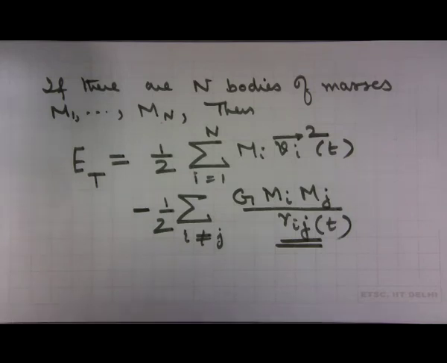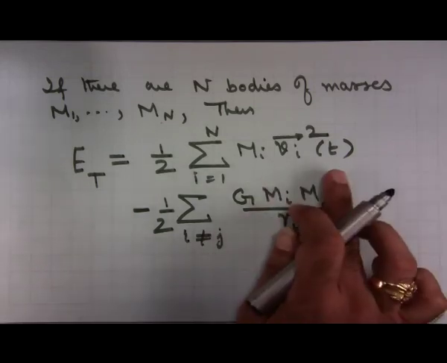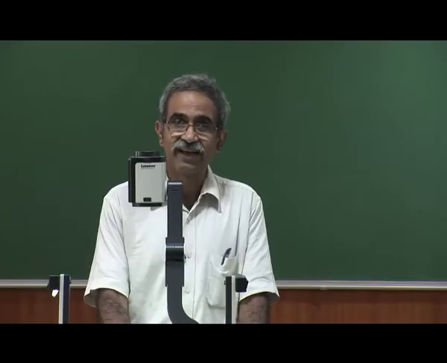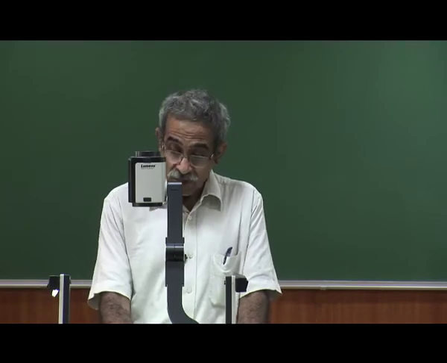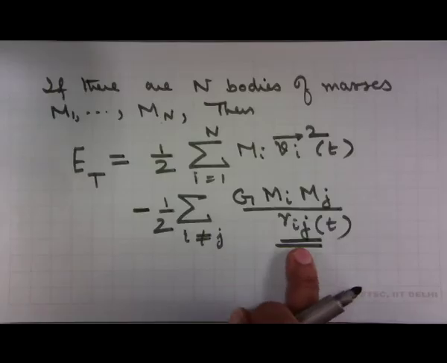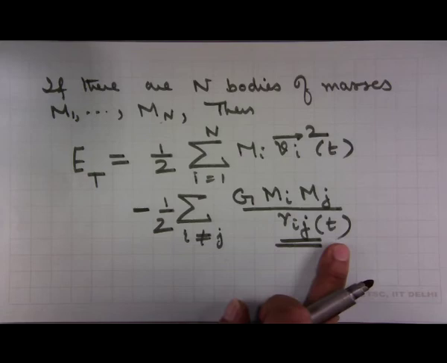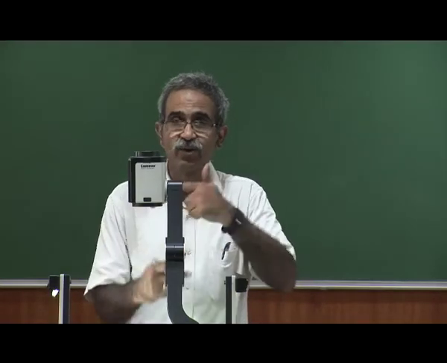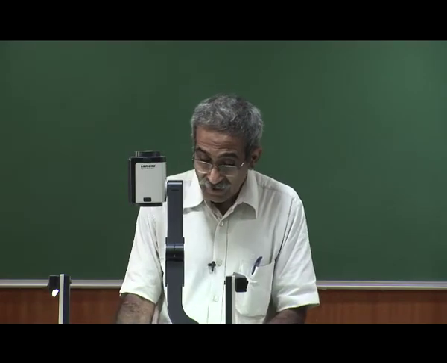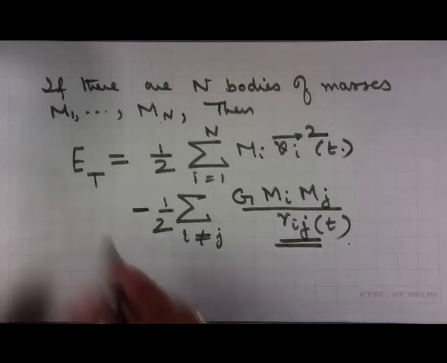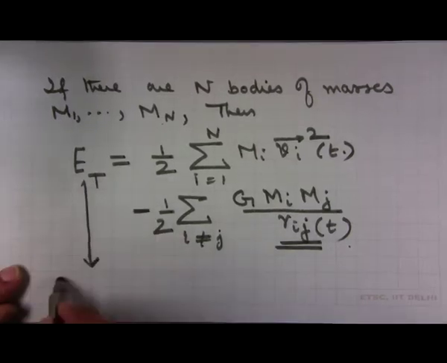So at any given time, my total kinetic energy is a function of time because the velocities of each of these particles is changing as a function of time. Because the velocities change, the distances between them change. So that becomes a function of time. Because the distances between them change, the force changes. Therefore, my velocity changes. That is how the cycle closes by itself. So this is a function of time, this is a function of time, and what are we asserting? We are asserting that this is independent of time.